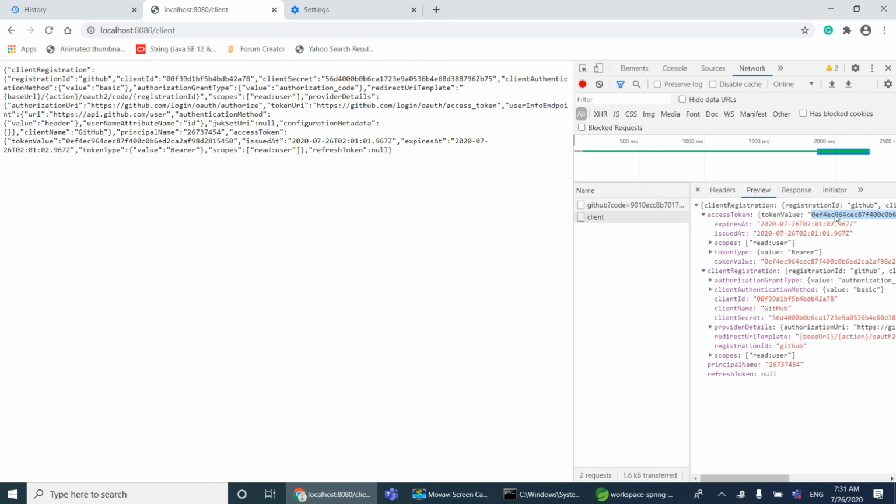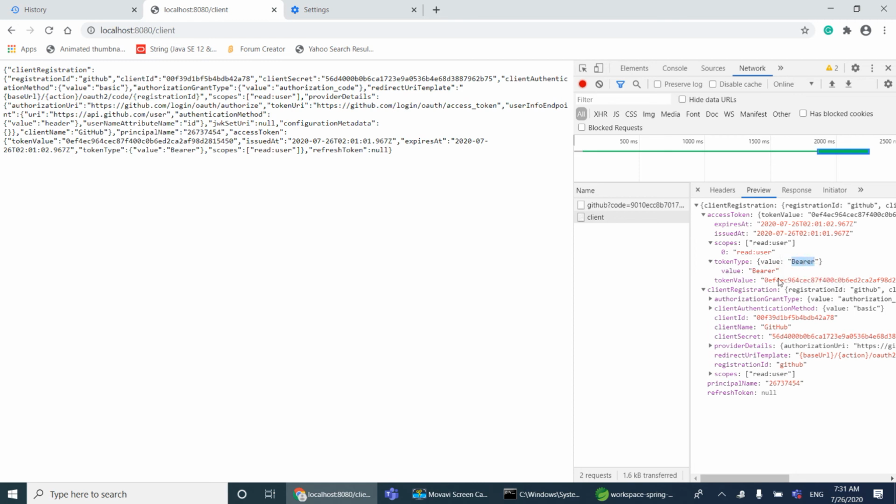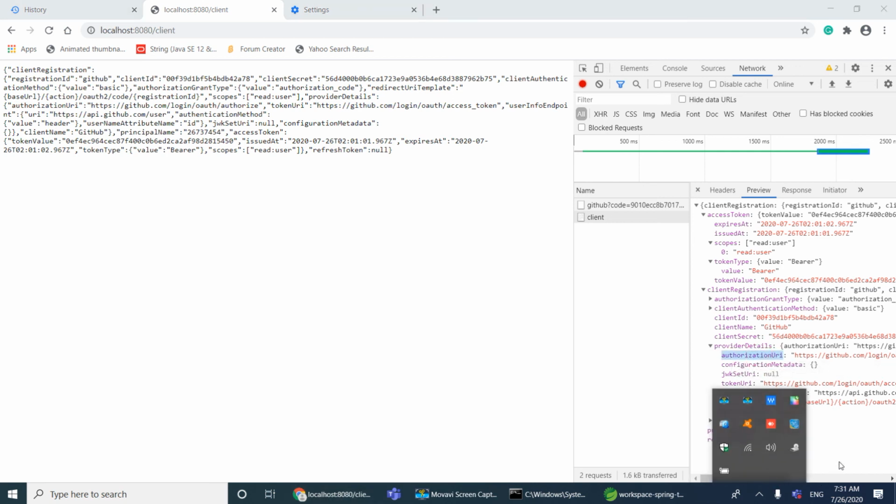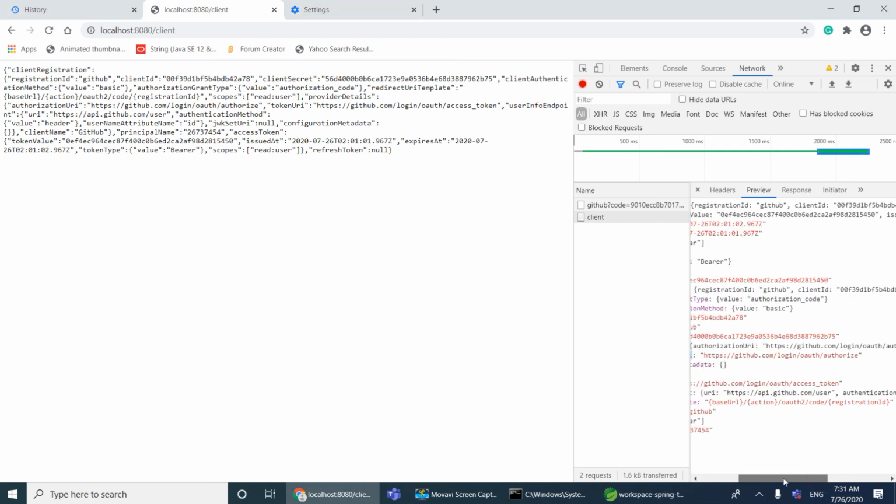This is our token value. By default, GitHub gives me read:user as scope, the token type is bearer, and this is the token value and authorization grant. It gives the provider details also, like this is my authorization URL.